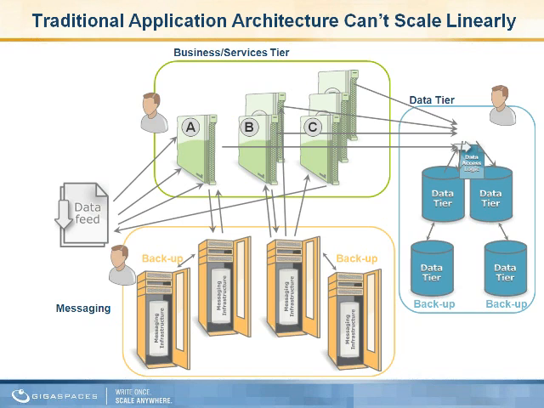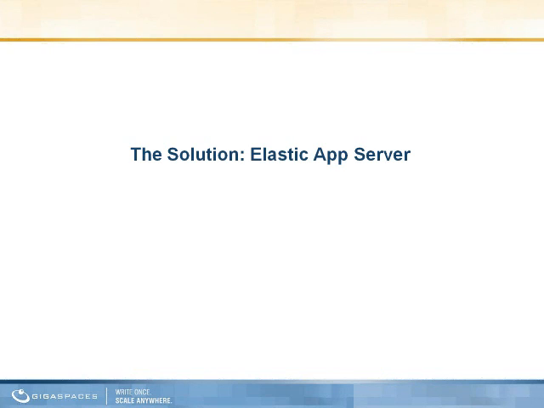So my application actually looks something like this, and here you see again those tiers that I described before. Each one of them has to have its own high availability, its own scalability model. So we can see it's an extremely complex many-to-many relationship problem here. And this slide is intentionally very loaded and noisy because that's the reality of the architecture of many applications. So we'll try to look at an alternative approach, a solution to this problem. And we'll present GigaSpaces' Elastic Application Server, or Scale-Out Application Server.